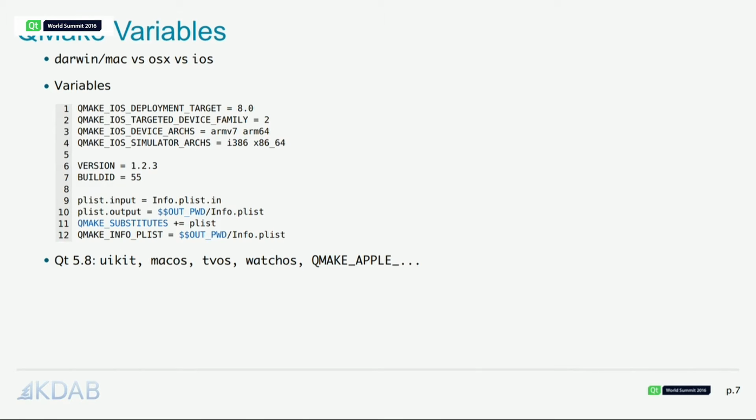So typically you will bundle your own plist file into your application. It's also good practice, I don't know if you know much about QMake, to use the substitution feature to replace some values within your plist files, for example version numbers and that kind of thing. These value names,